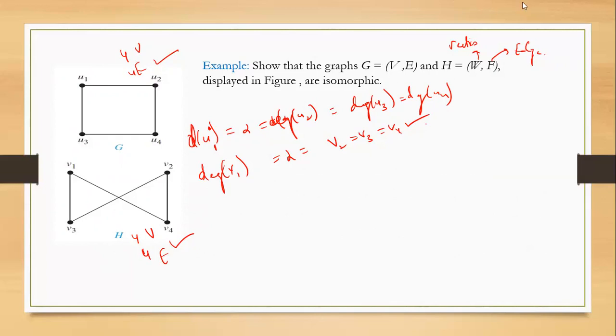So what we do is we check the degrees, and apart from that, we also check something known as paths, which we will study in the later topics. But for now, for two graphs which are very simple with less number of edges and vertices, what you have to do is you have to take 3 things: vertices, edges, degree. Apart from that, even if you create a subgraph for this graph, you will see that it is isomorphic.